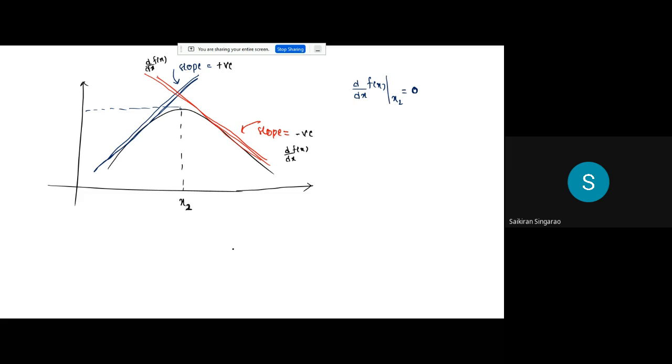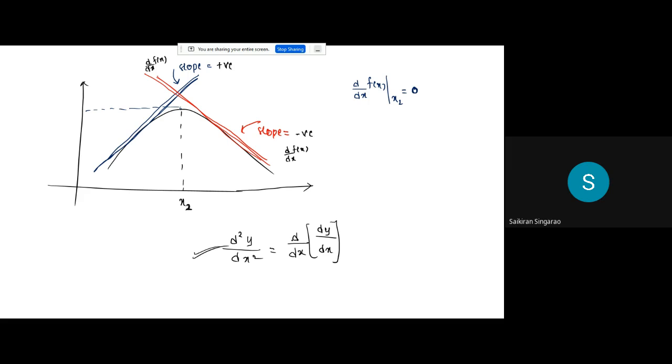Now see, please try to understand this more carefully. Say I am asking you d square y by dx square. How can I write d square y by dx square? D square y by dx square is nothing but d by dx of dy by dx. Do you agree to this? If you differentiate dy by dx again, you will get d square y by dx square. Everybody agrees with this point?